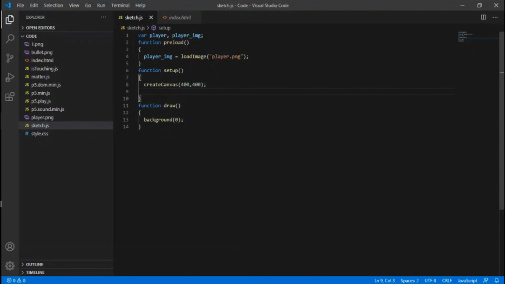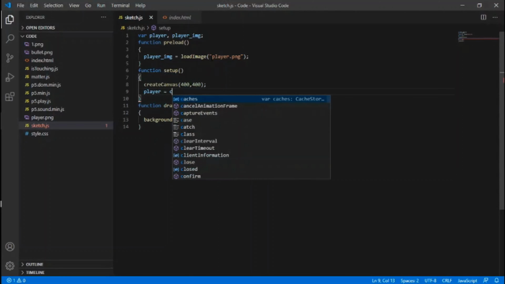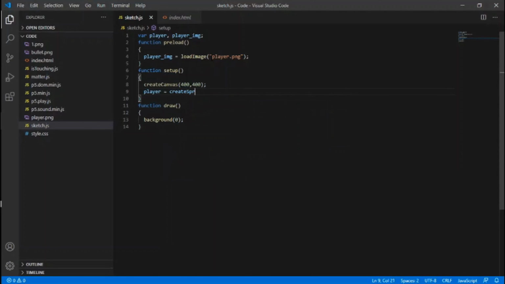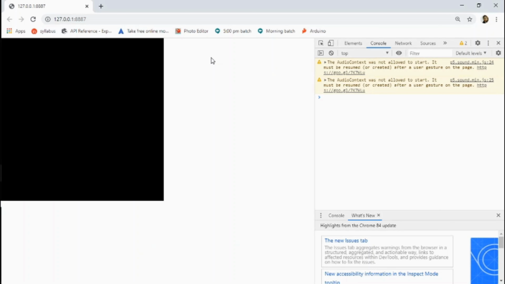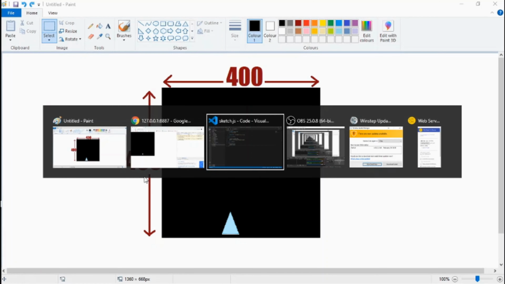So now let's create a sprite of our player. 200 represents the x-axis value, then 370 represents the y value, and 20, 20 represent its width and height. So to make our sprite visible on the play area, we write drawSprites. So now let's check it. As you can see, a small square has been created, but now we have to make it move according to our mouse. So we write